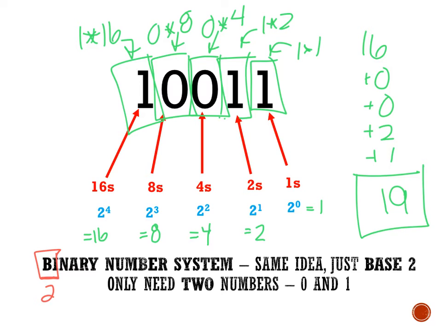So really all binary is a different way of representing a number. And it's the same idea as the decimal number system, but it is just base 2. And now because it is base 2, when we had a base 10 number, we had 0 through 9, so 10 possibilities for each digit. Now, each one of these digits, because it's base 2, we only need 2 numbers, they will either be 0s